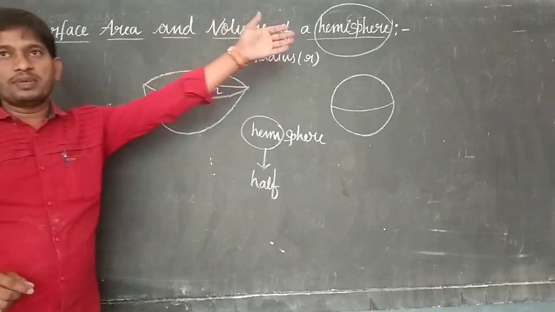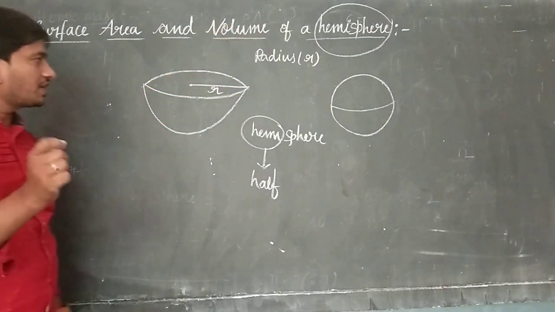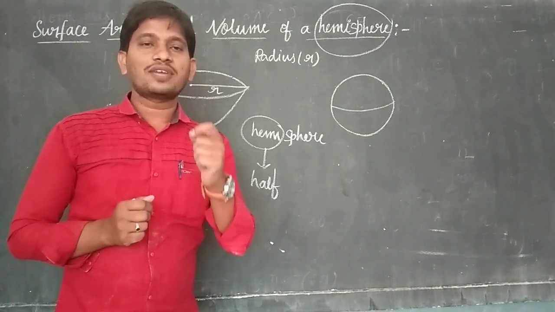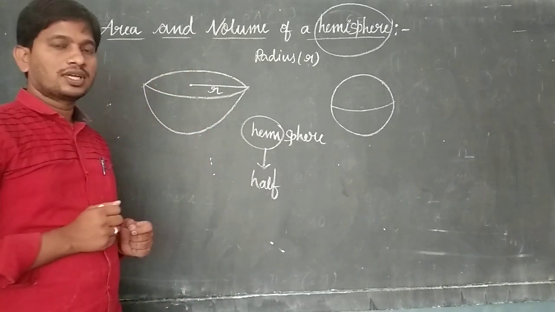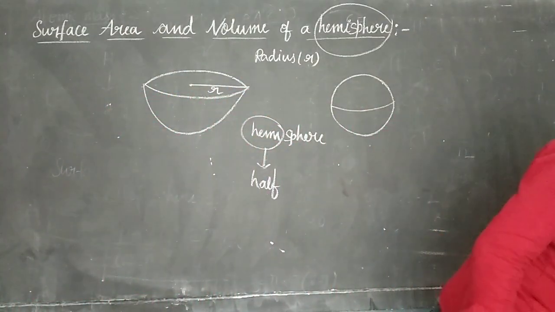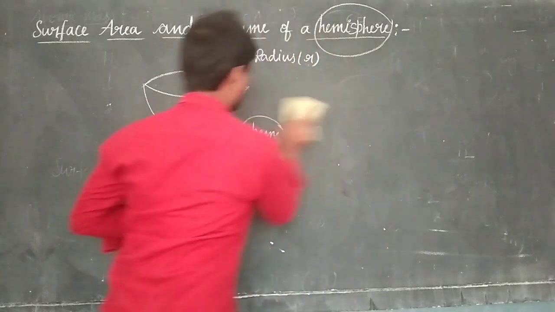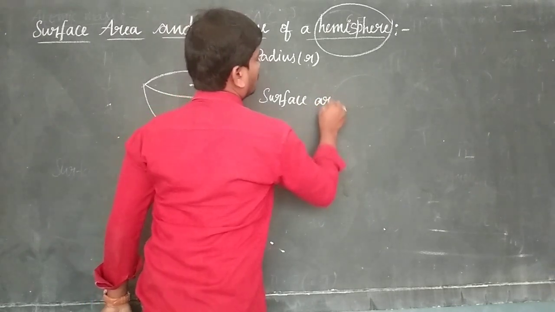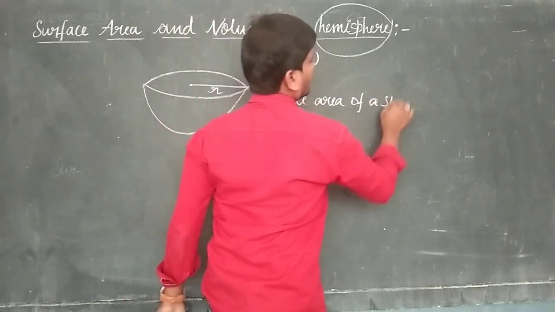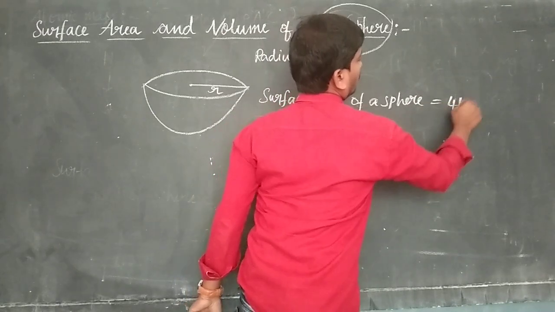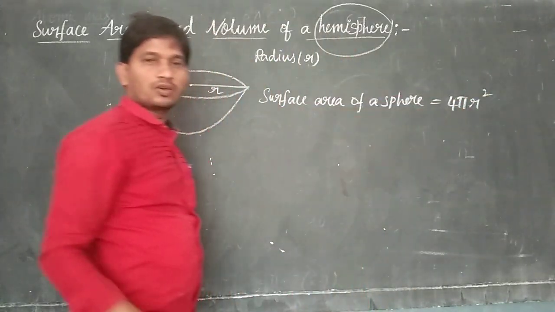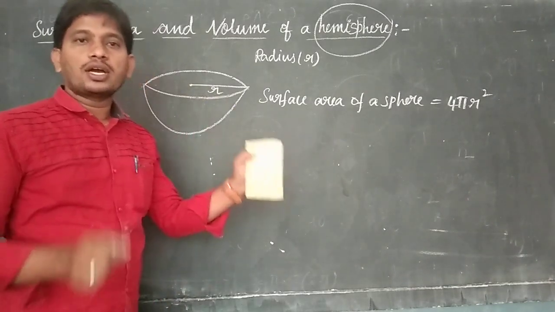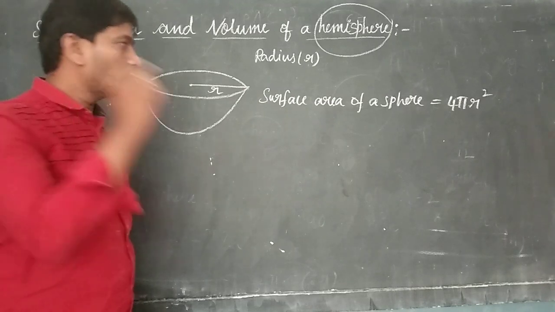Coming to the surface area of a hemisphere. What is the surface area of a hemisphere? As we know, the surface area of a sphere is 4 pi r square. A hemisphere is exactly half of the sphere. Therefore